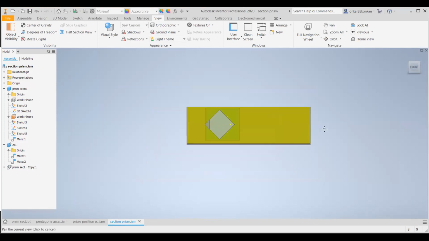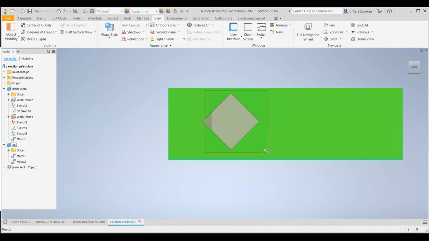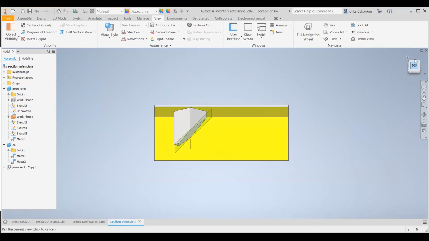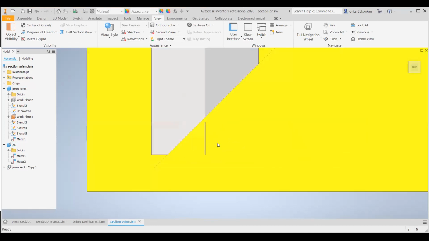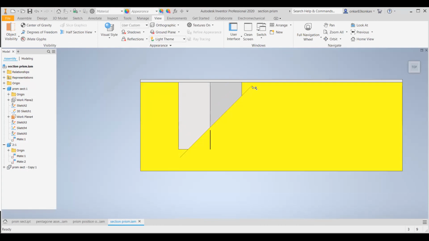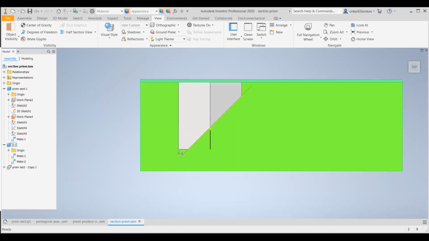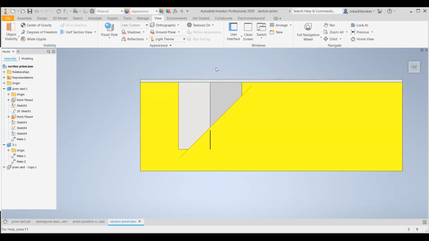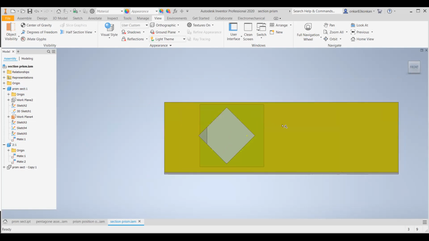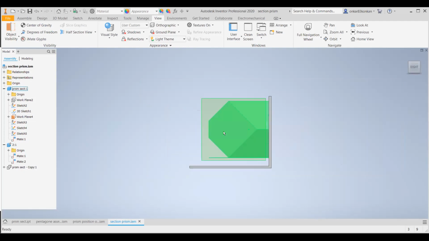Your first step will be to draw the front view, because in the front view you can observe the square, which is equally inclined with the horizontal plane. Then draw the top view. So this is the top view. In the top view, you can observe this inclined line, and then you will remove this portion. And then observe from this side, the right hand side view. So this is your right hand side view.